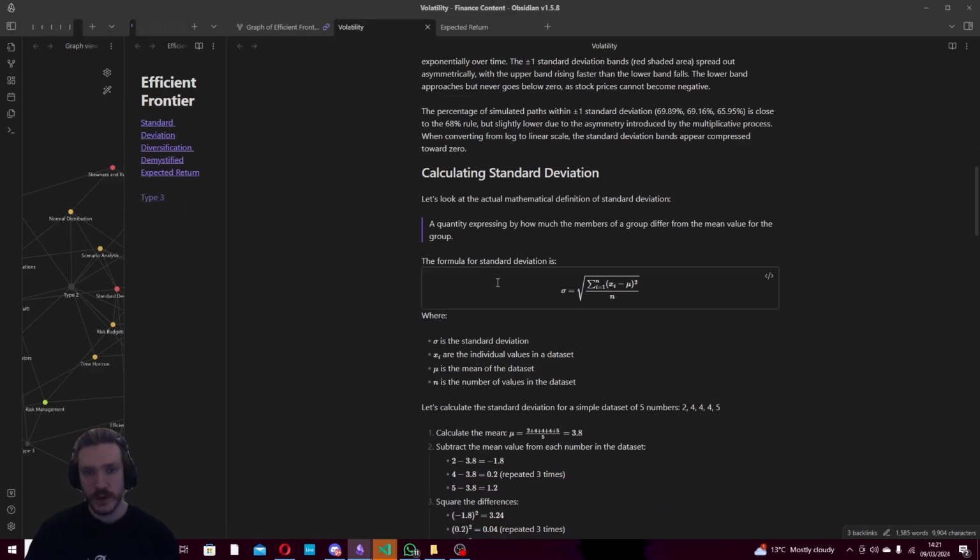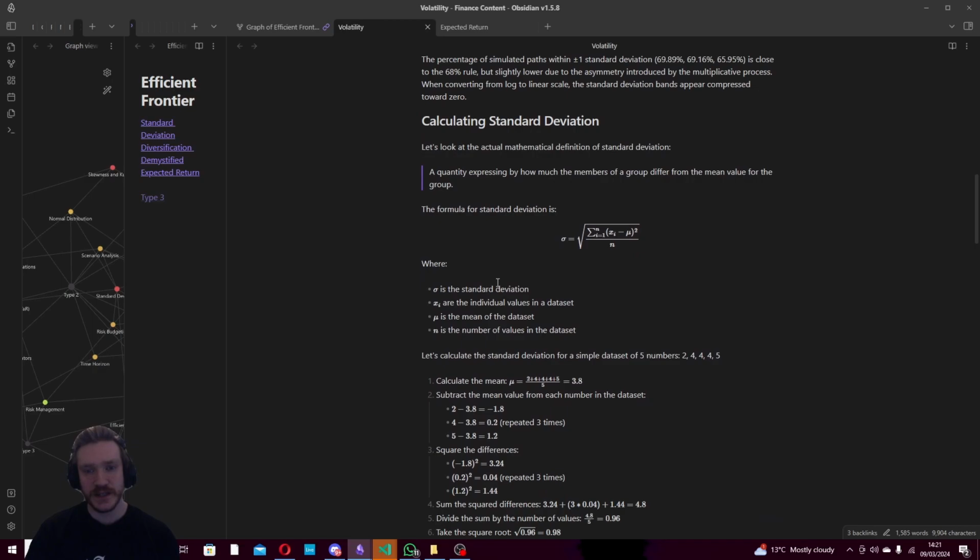So, moving on to an actual calculation of standard deviation. A definition of standard deviation from just Google is a quantity expressing by how much the members of a group, so a group here is a set of numbers, right? And the members are the individual numbers. How much do the readings of a set of numbers differ from the average or the mean of that set